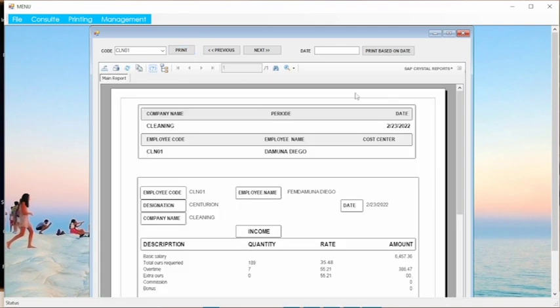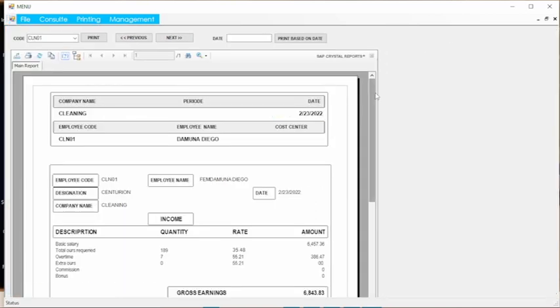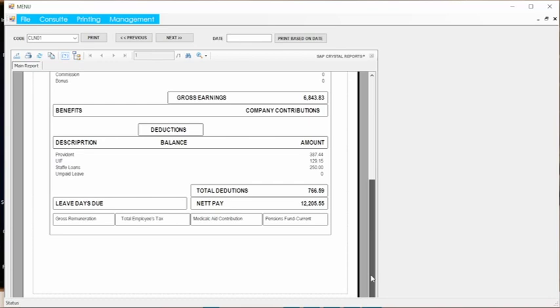So it's loading. All right. So we can see now we are able to print out a pay slip. Okay, so this is the pay slip that is established